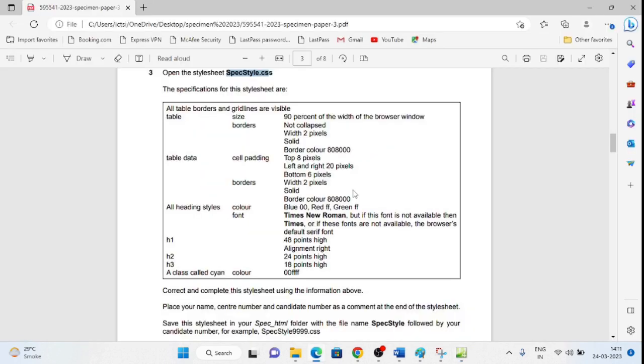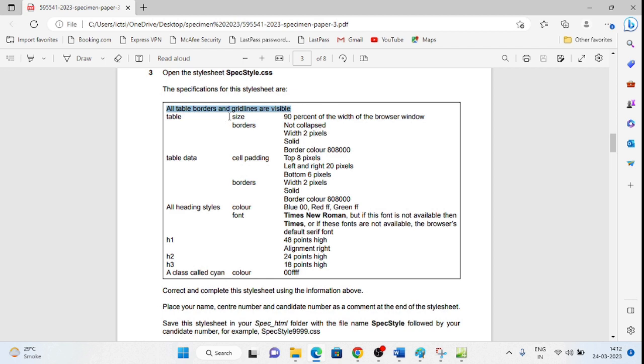Next, the specifications for the style sheets are given here. All table borders and grid lines should be visible. Table size 90% of the width of the browser window, not collapsed. Border should not be collapsed, width should be 2 pixels, and solid. Border color 808000. Okay.